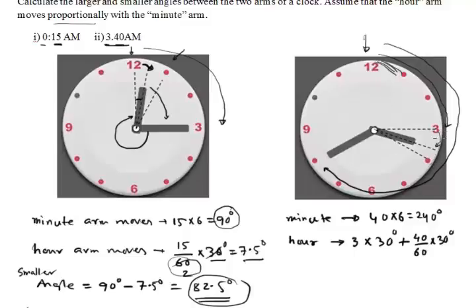So for 40 minutes the hour arm will move somewhere here, which is 40 divided by 60. For 60 minutes total, one movement is 30 degrees. For 40 minutes it will be 40 divided by 60 times 30. If we calculate it, we will get